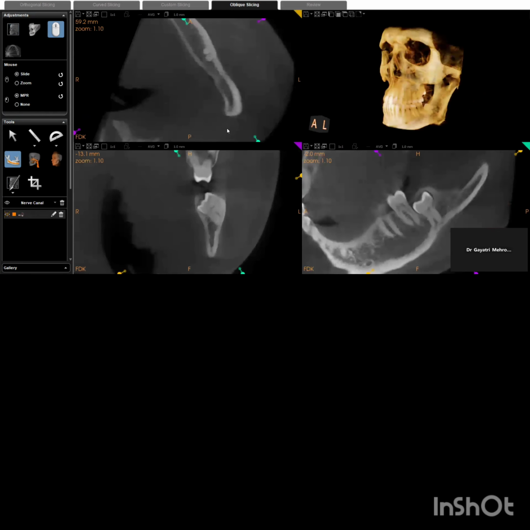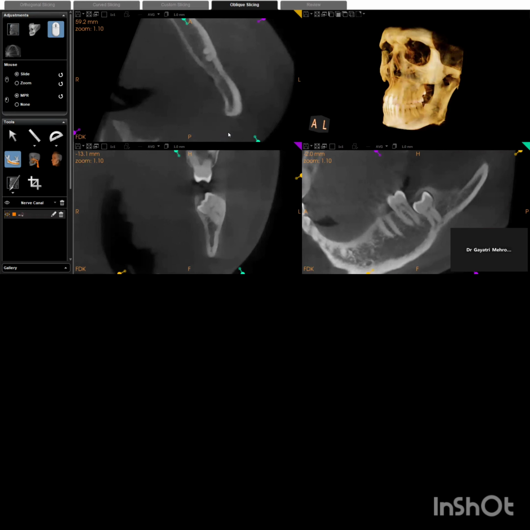Okay. So overall, just to brief once again for you people: a vertically impacted 3/8 with the crown in severe lingoversion, complicated root morphology with 4 roots: mesiobuccal, mesiolingual, distobuccal, distolingual.